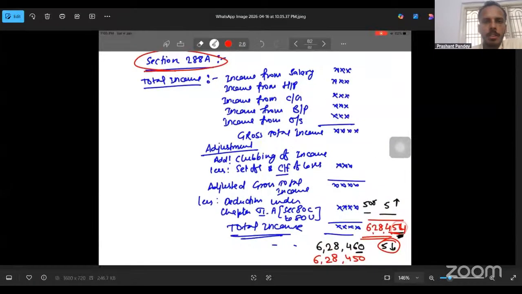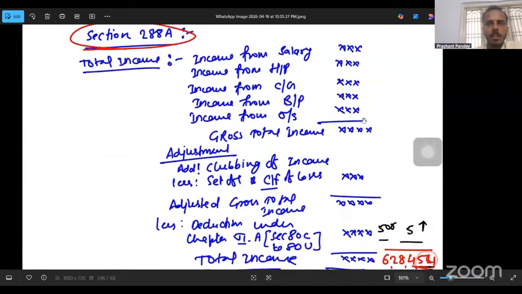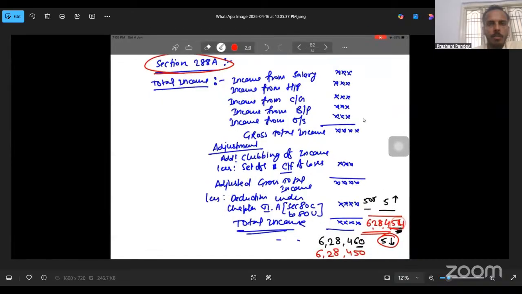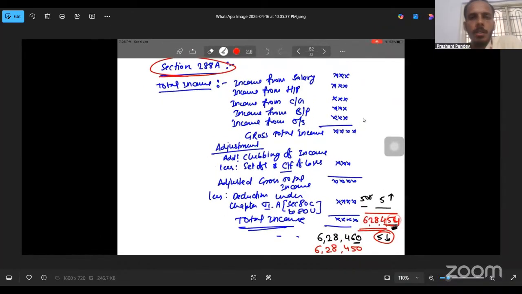Okay, this is my screen. So we have more clarity. I believe the screen is visible. Okay. So see, a SSC can have income with income through different sources. Okay, a SSC can have income through different means